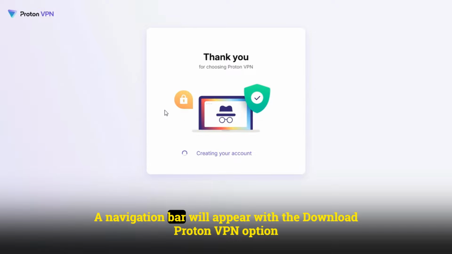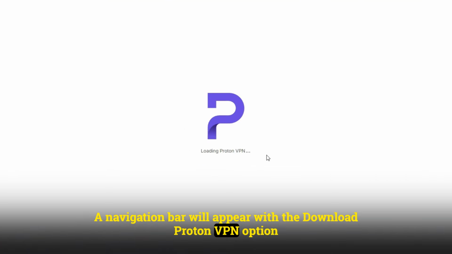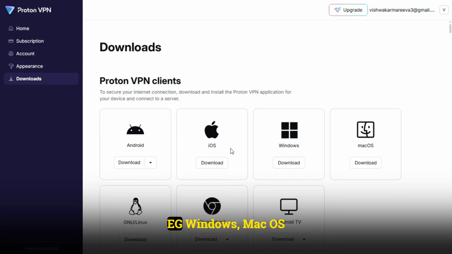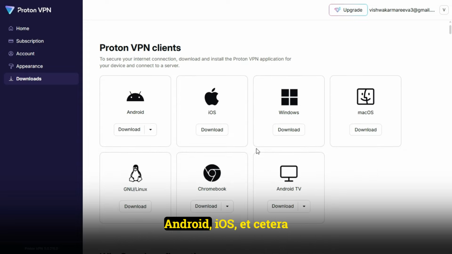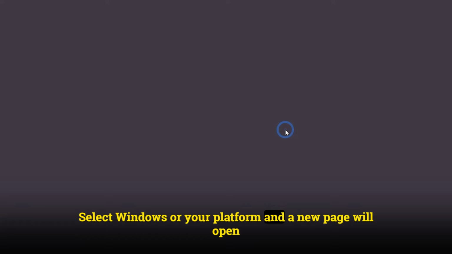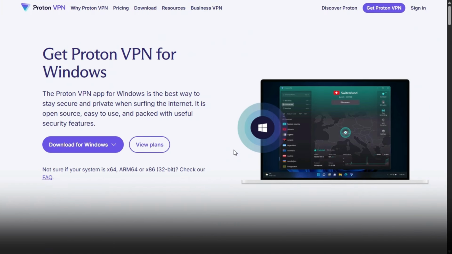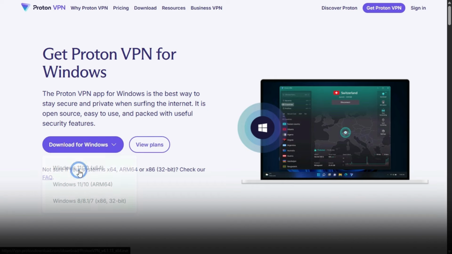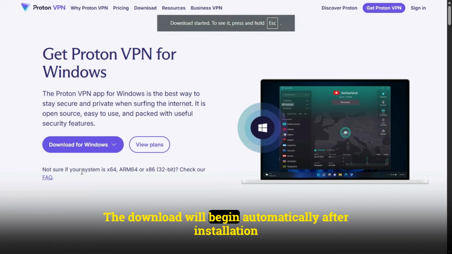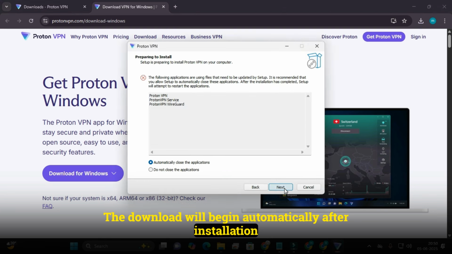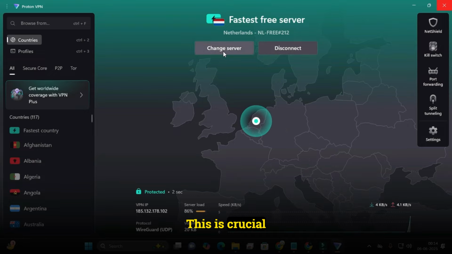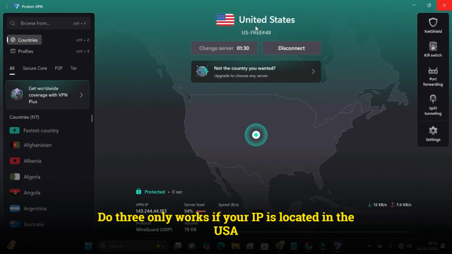A navigation bar will appear with the Download Proton VPN option. Click on it. Now, choose your platform, e.g., Windows, macOS, Android, iOS, etc. Select Windows, or your platform, and a new page will open. Click Download for Windows and choose the appropriate version for your system. The download will begin automatically. After installation, open the app and connect to a United States server. This is crucial. Veo 3 only works if your IP